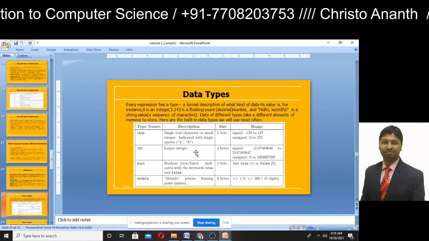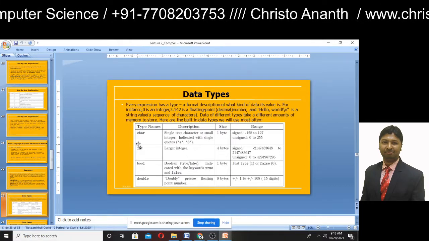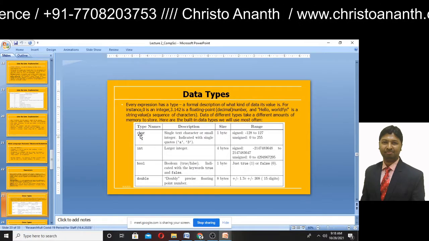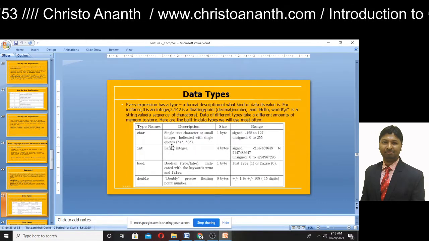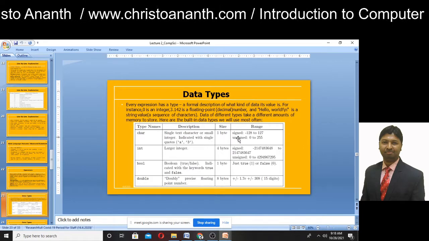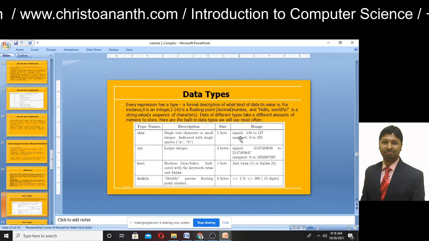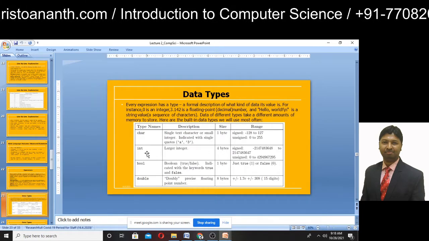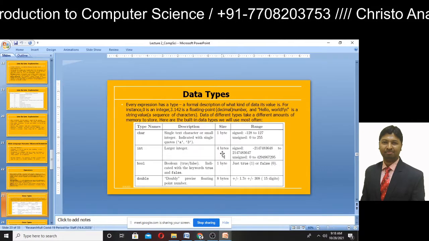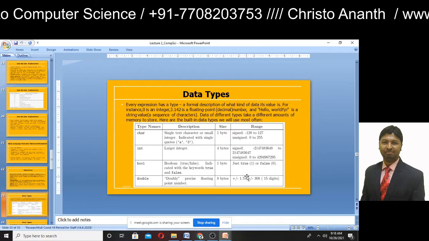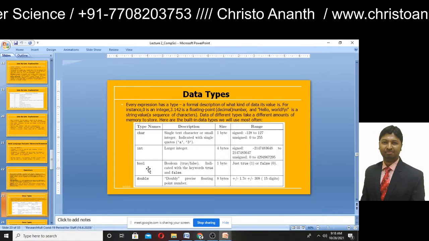With the help of a table, you can explain this. Like char, a single text character or maybe a small integer. We have the size and then the range, signed integer and unsigned integer, and then int. In the case of a larger integer, the size is 4 bytes, with signed value, unsigned value, and then boolean.